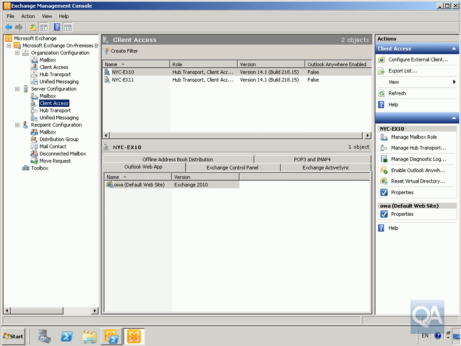In this demonstration, we're going to have a look at configuring certificates for coexistence between Exchange Server 2003 and Exchange Server 2010. So we're going to use the Management Console to configure an external domain for the client access server. We'll then create a new certificate by using the certificate wizard. We'll request a certificate. We'll then install the certificate with the subject alternative name on both Exchange Server 2003 and